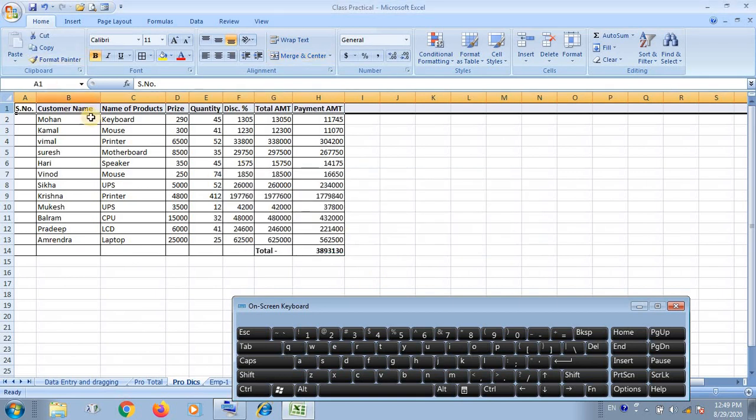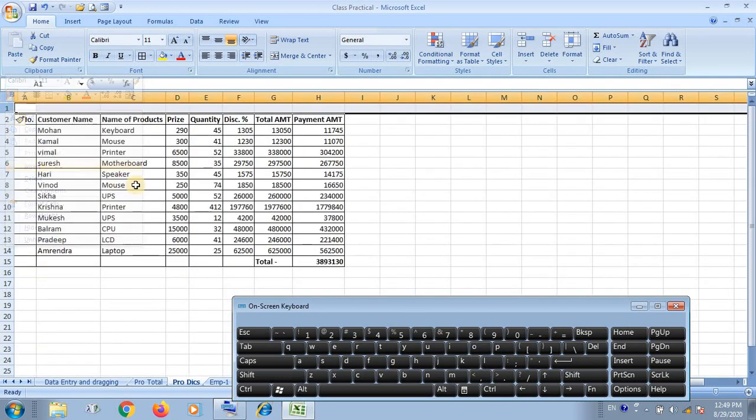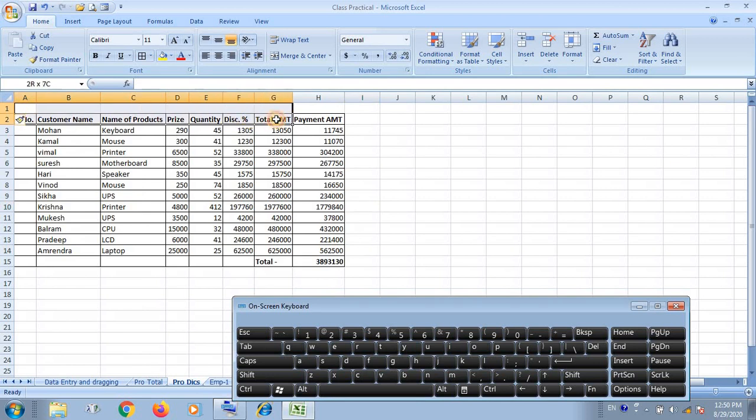Suppose you want to add the title, one more cell, then you have to right click here and insert one more row. This is the row, and merge it here and give the title here: calculation of discount of product.